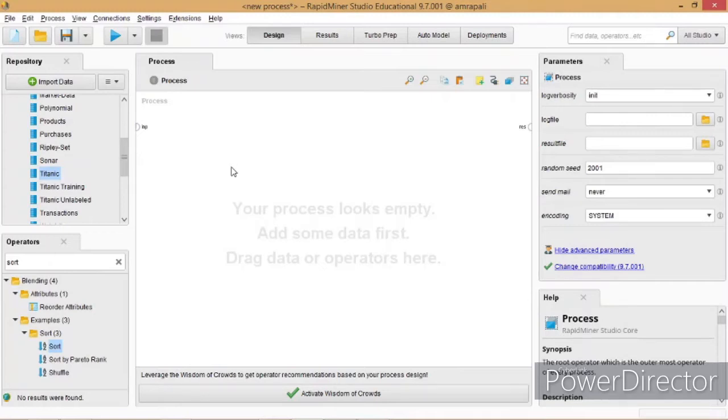In the next few minutes we will learn how we can use RapidMiner Studio to perform basic data science techniques such as accessing data, transforming data and building statistical models. We will use the Titanic passenger dataset to perform our experiment.